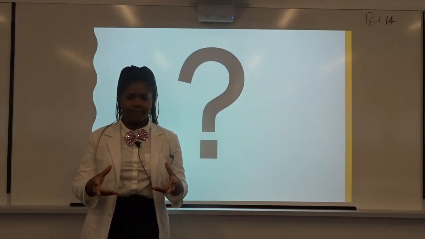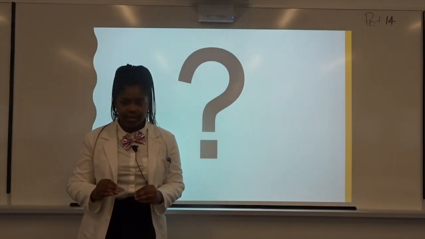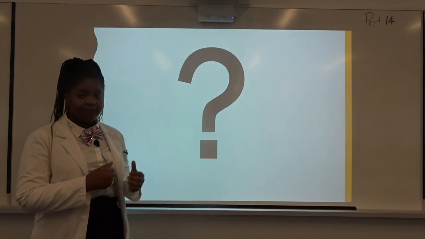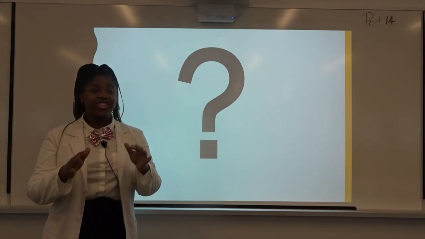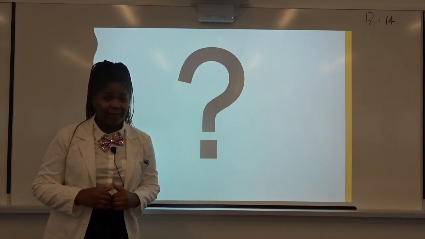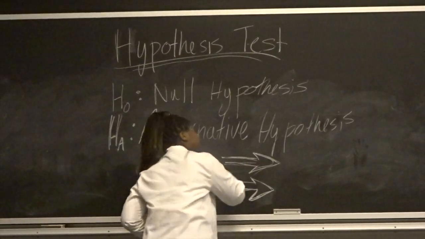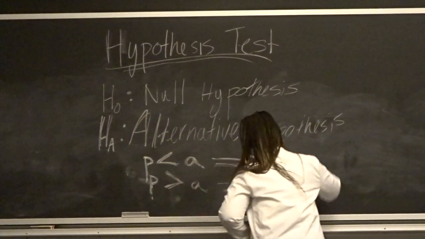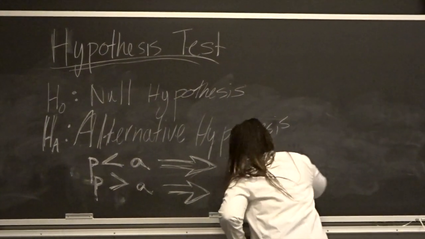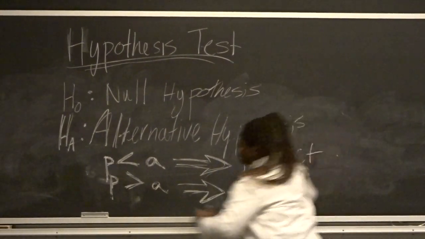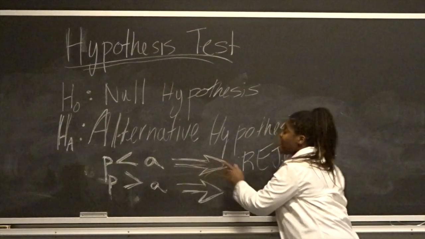What does that mean? That means that the probability of observing such a value by chance is less than 0.05, which means it is statistically significant. So when the p-value is less than the alpha, you reject the null hypothesis. And when the p-value is greater than the alpha, that is actually